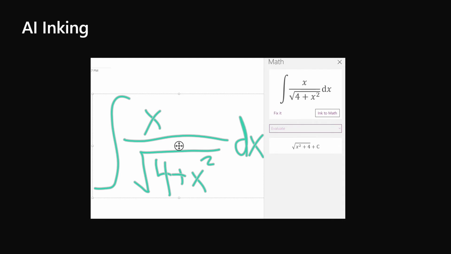One thing that you notice at Build is if you attach the letters AI to it, it made it new. And so with AI inking, they're taking inking to the next level, and there's some pretty cool presentations on that as well, where you continue to write in natural form. I mean, think about this particular problem. If anybody's ever had to write a mathematical formula in Word or something like that by keyboard, it sucks. But it's much easier to write with ink. So if you write it in ink, now it can take a look at that and express it in a proper formula.